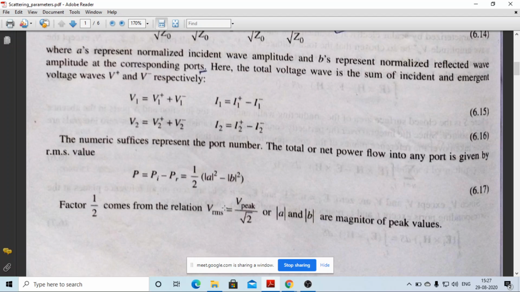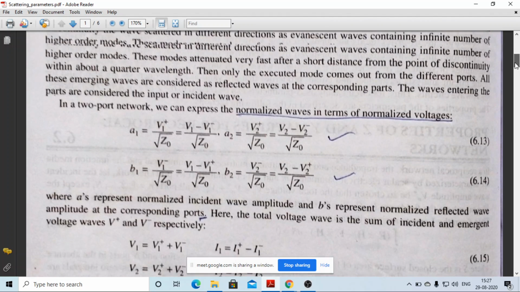When you take the RMS voltage, it is going to be root 2. But when you are taking the peak voltage, it is going to be V square peak divided by under root 2 square, so it's going to make 1 by 2. Because if you are taking simple RMS, that is your VRMS into IRMS, for that there is no need of the 1 by 2 term. But if you are taking the peak voltage, if you see here, it is written that